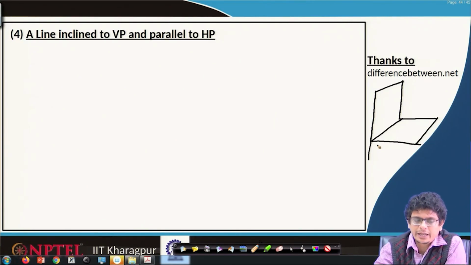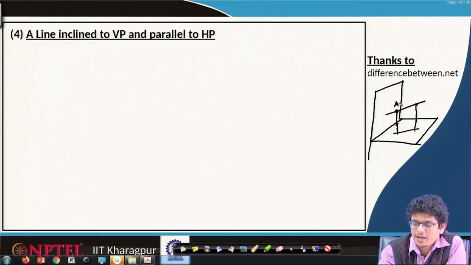The line is supposed to be inclined to the vertical plane and parallel to the horizontal plane. Parallel to the horizontal plane means if a line is already present on the horizontal plane, I should move it parallel, but it is supposed to make an inclination angle with the vertical plane. So if I am going to join this,